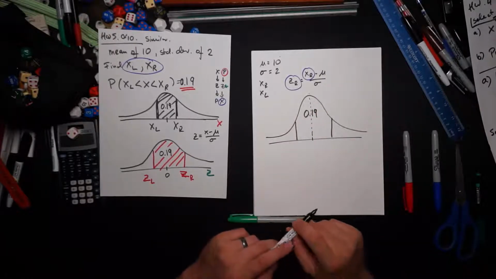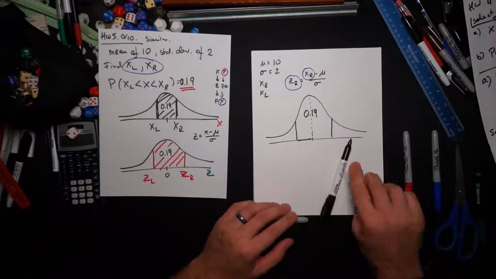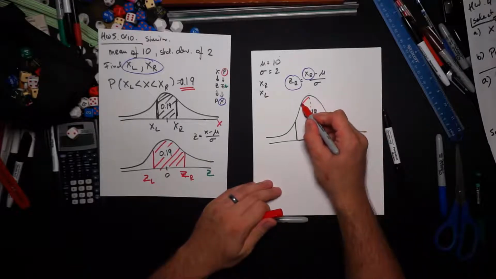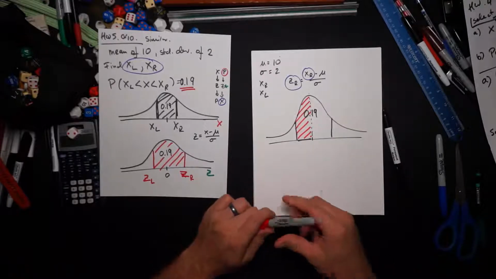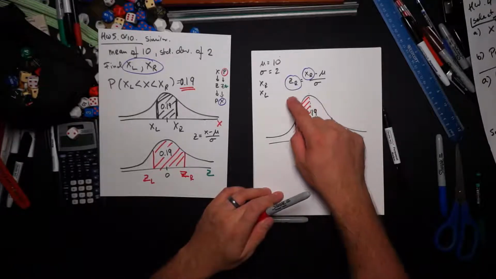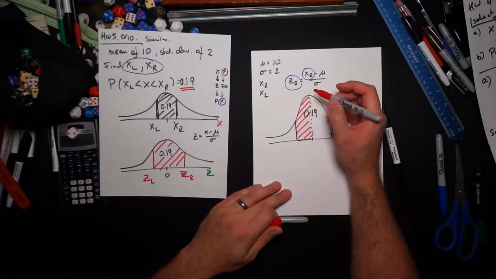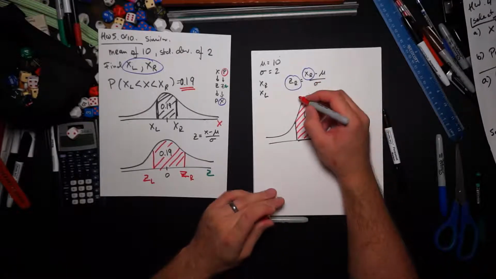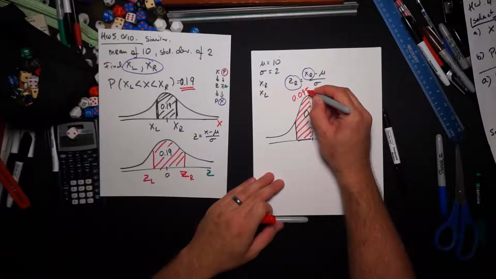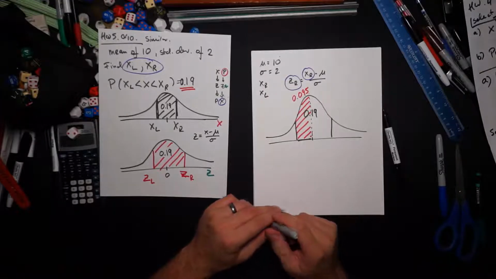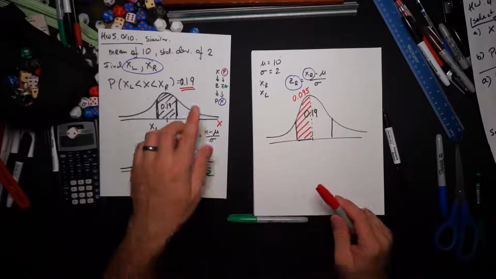If I was going to slice it open in half, how big would this piece right here be? Well, if this whole thing is 19%, then this red piece would be what? 0.095, or 9.5%. That's one way to think about it, right? And then you just look at half and you can figure it out. The other way to look at it